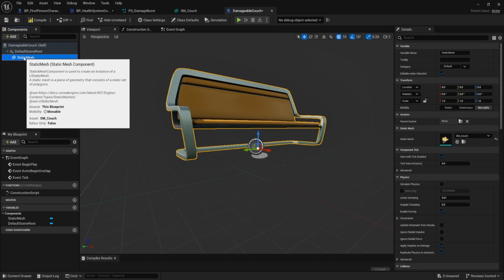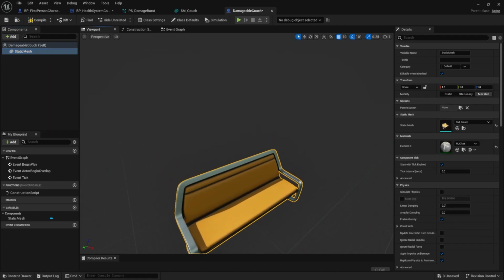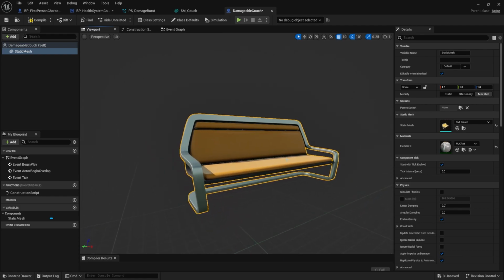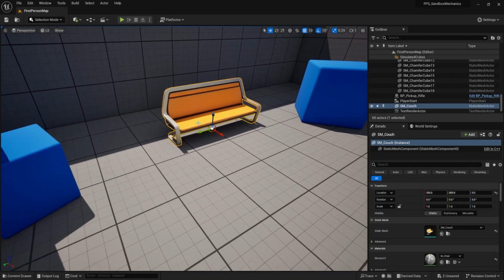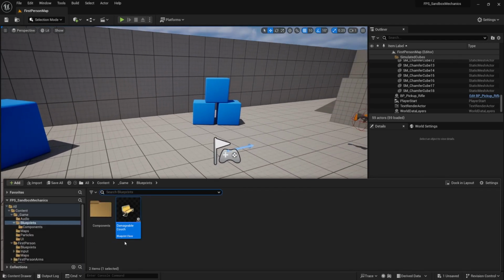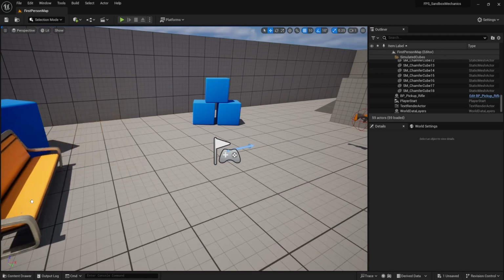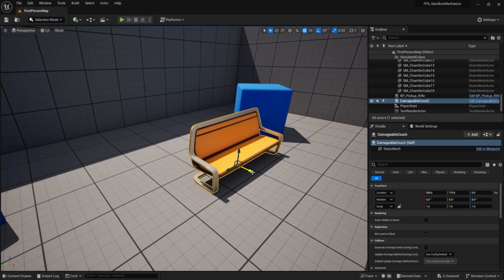Let's also drag our static mesh to be the default scene root. This will just make it easier to move around since it's the only part of this actor that we really care about. Compile, save. Hop back inside of our scene. So that's our mesh over there. I'm going to delete that out. What we really want is our blueprint, right? Because we're going to do other things to that couch, like make it damageable. Let's drag this back out. Make sure you're dragging out the blueprint one that we just created,